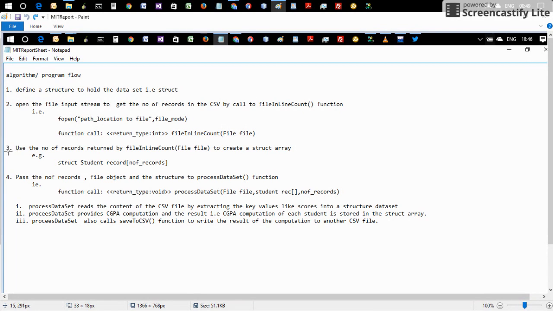All right, now the third thing you need to do is to use the number of records returned by the file inline count to create your struct array. Now, why do you need to create a struct array? When you define your struct, it is just like defining the columns within your database. In your database table, you have the columns and the rows. So the same way